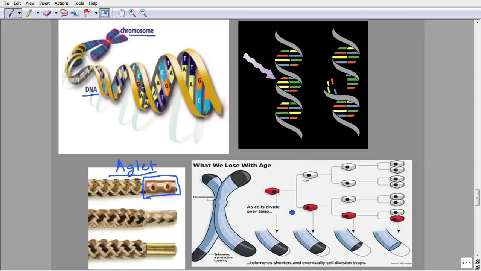In the process of cell division and aging, the end pieces of chromosomes can become damaged or fall off. When the telomeres can no longer protect the chromosomes, DNA mutations occur. When the cell mutates, multiple mutations can cause the cell to become cancerous.